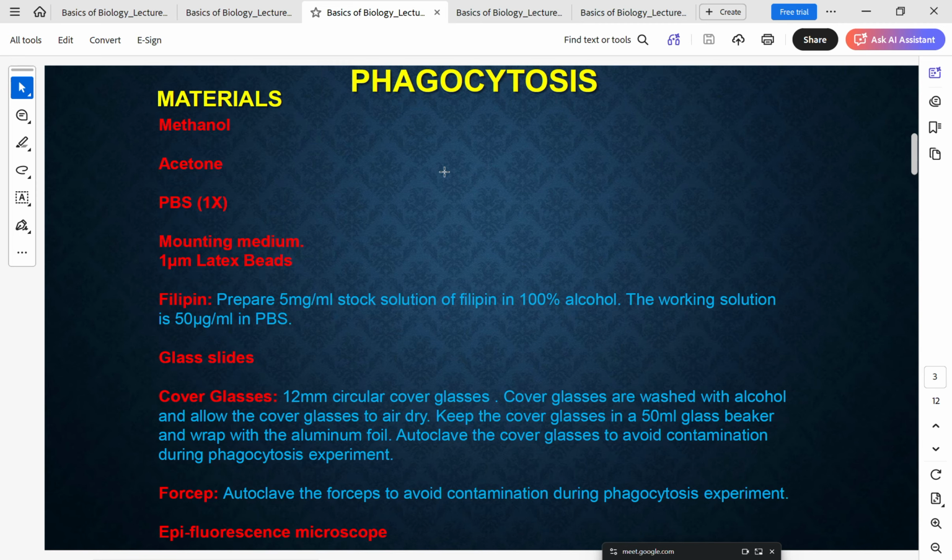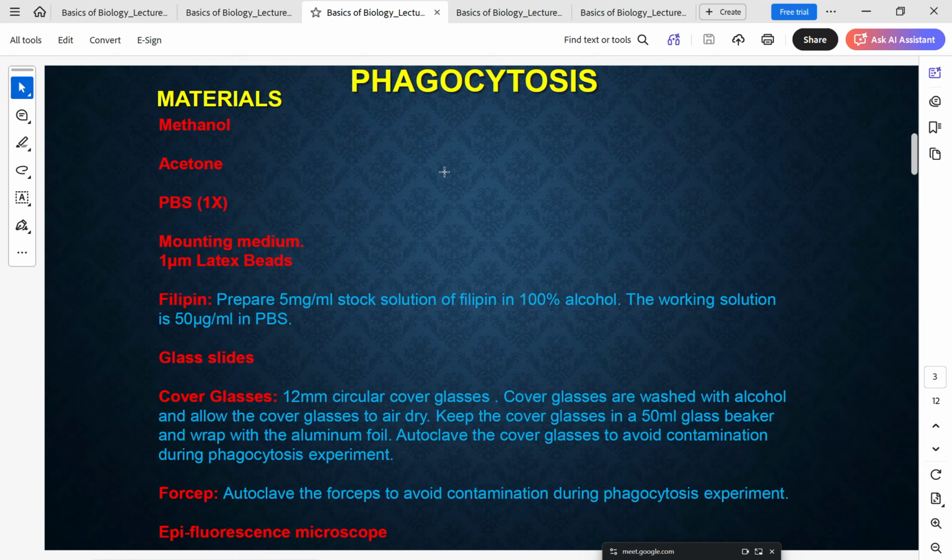So, how do you study phagocytosis? You can do this by either using flow cytometric methods or by using imaging methods. In imaging methods, what you study is the particle uptake. Phagocytosis is essentially, if there are particles moving around in the surrounding media, the cells try to take them up. So you can study it either by observing this process under a microscope or using a flow cytometric method.